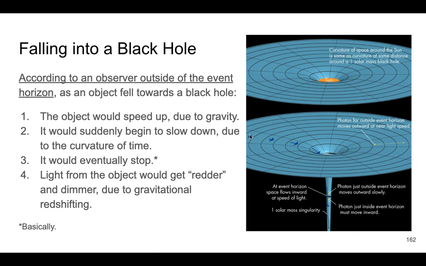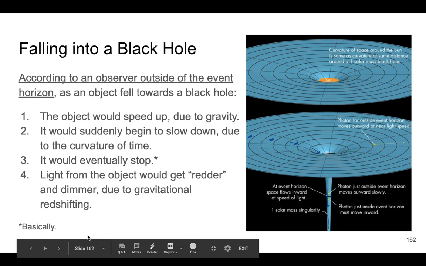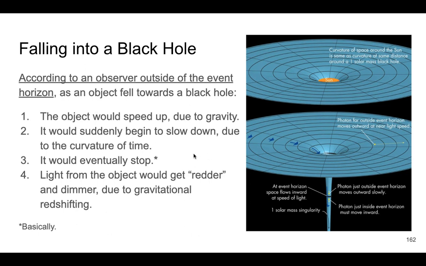So when it's way out here, it's falling in and it's speeding up, and it would keep accelerating, but at a certain point, general relativity kicks in, and the object would actually slow down and slow down and slow down until it would eventually stop, which I have an asterisk here, because it doesn't actually just freeze there, it gets confusing. It would keep slowing down, as if it were approaching a stop, and then it would get redder and redder, and dimmer due to gravitational time dilation, gravitational redshift, meaning the light that's leaving this thing, because it has to kind of fight against this gravity, it gets redshifted, and it would get dimmer and dimmer until eventually,